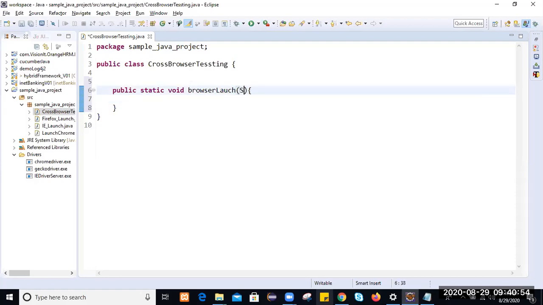So which browser you want to launch, just specify the browser name, whatever browser you want to launch. We are writing the script here to perform cross-browser testing.